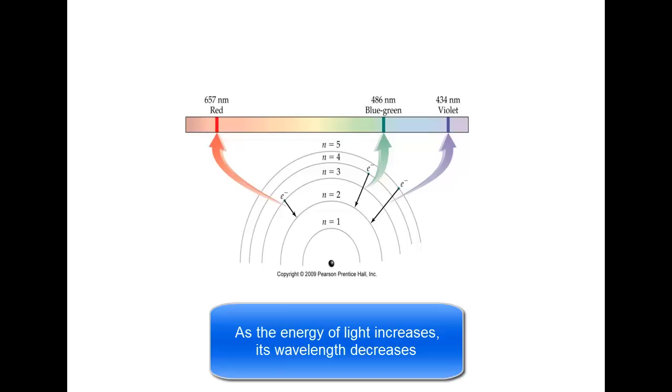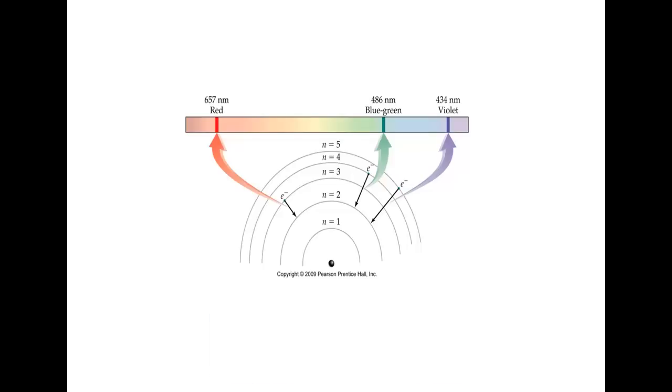If you notice the drop from n equals 5 to n equals 2, this is a greater difference of energy. And if you notice, the wavelength at 434 nanometers, violet, is smaller. So indeed, this bigger gap of energy gives it a smaller wavelength,